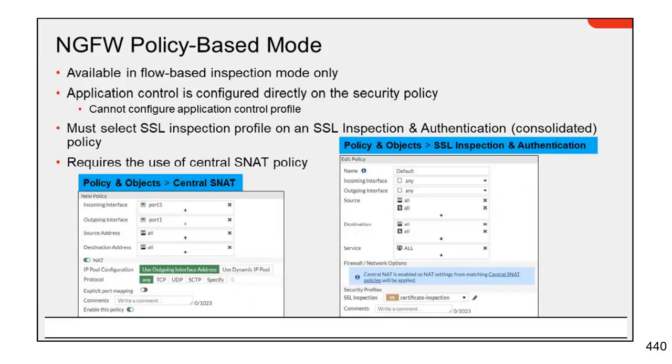Actually, I'm not aware of central NAT because I asked this, like you told you will be covering central NAT. No. My point is that you can see the central NAT as an option apart from the firewall policy. I'm going to cover that. My point over here is that